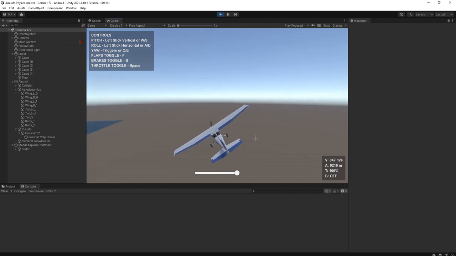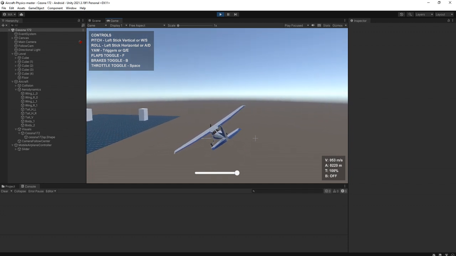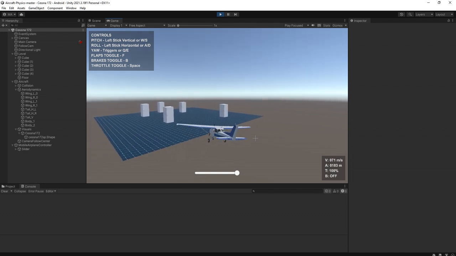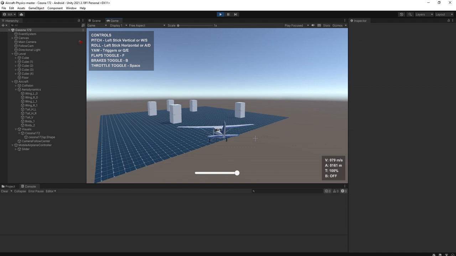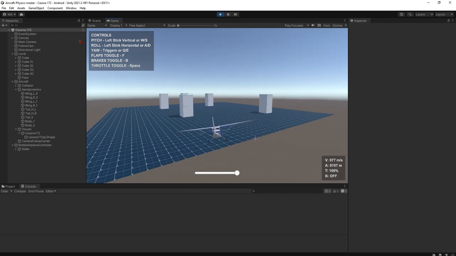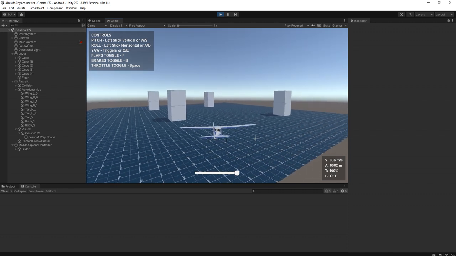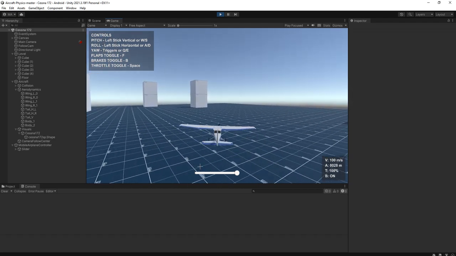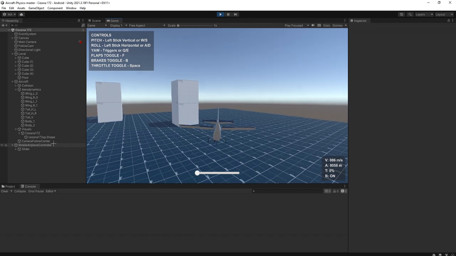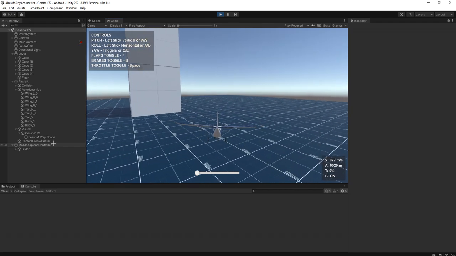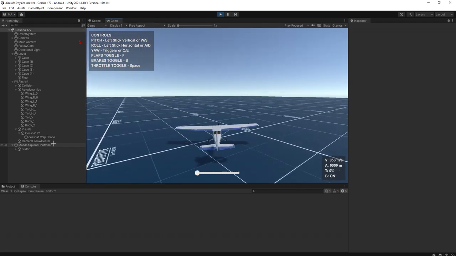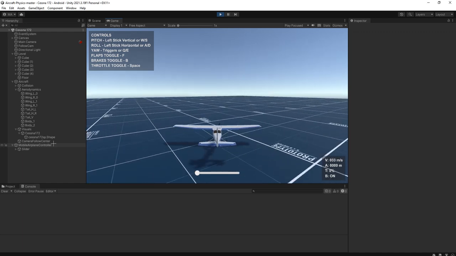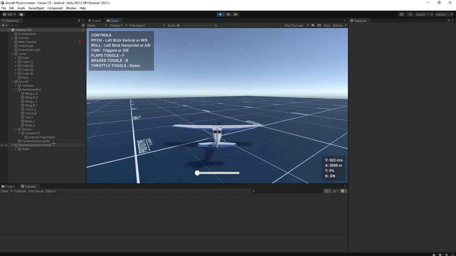In my next video, we are going to add the brake button UI. For now we press B and throttle 0%, and we are going to do a very bad landing, but at least I pressed the B button and